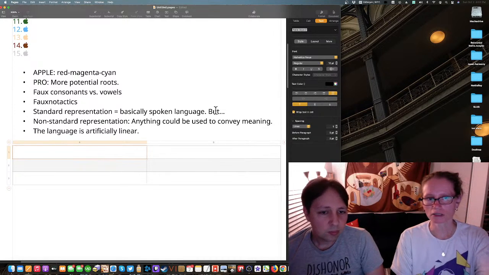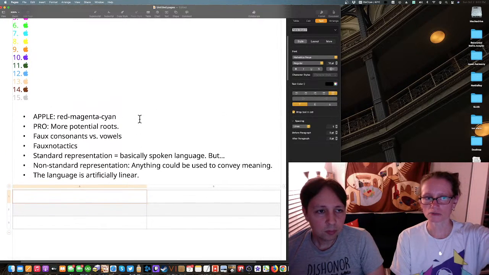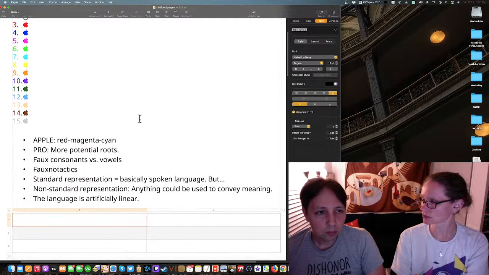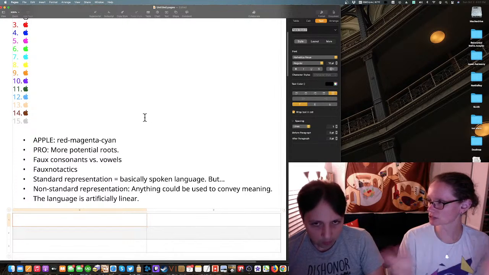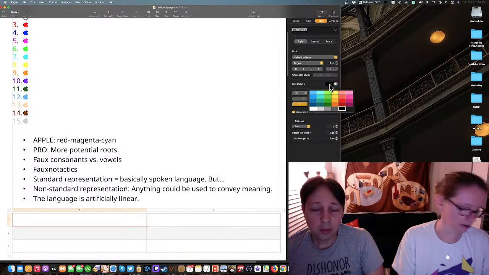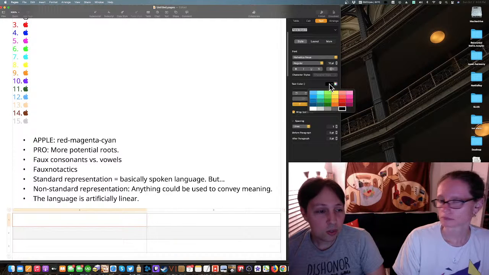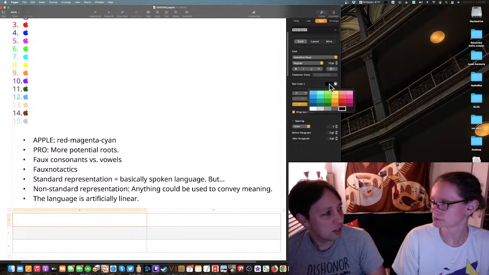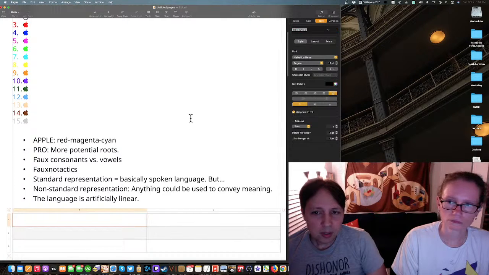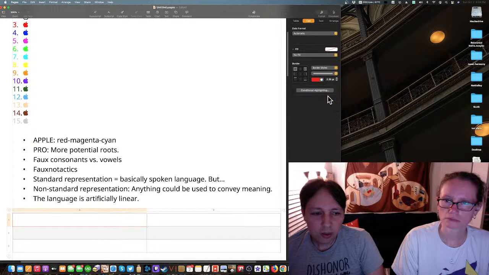Because essentially on the color language side, you would put apple under red, magenta, cyan, so that way you could search if you have these three colors in a row. Right, I'm going to go look up red because it's the first color. Now it would be really cool if in a word processor you could search by color and say, get things in a red spectrum. It'd have limited utility for the average user, though.